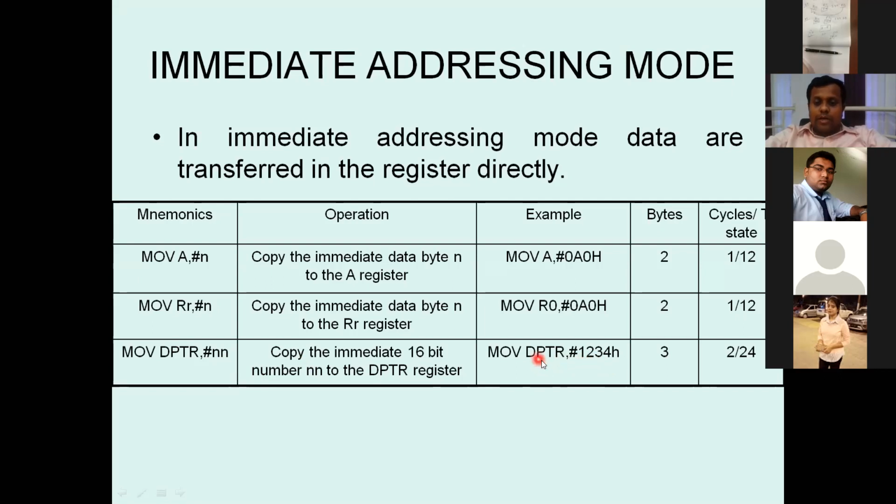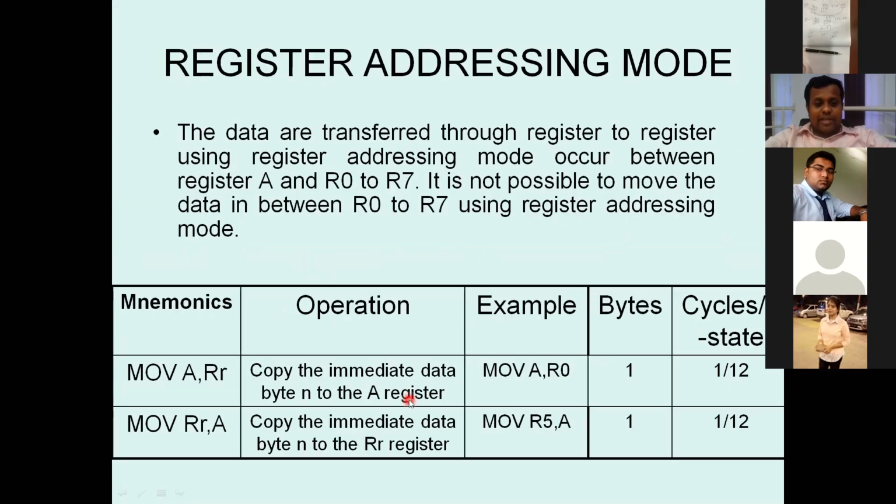So DPTR and 1, 2, 3, 4. How many data items, 1, 2, 3, 4, will be stored into the DPTR registers, right? This is an example of number 1. According to my number 1, that is #35, immediate addressing. That's why I'm explaining these first four. If you are able to understand, all the instructions will be very clear.